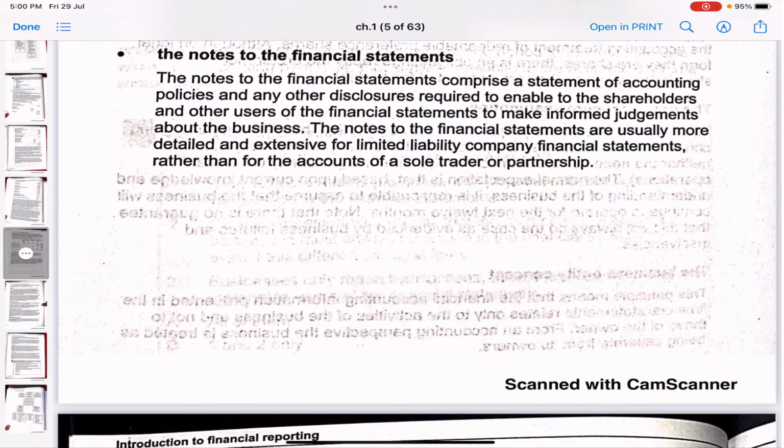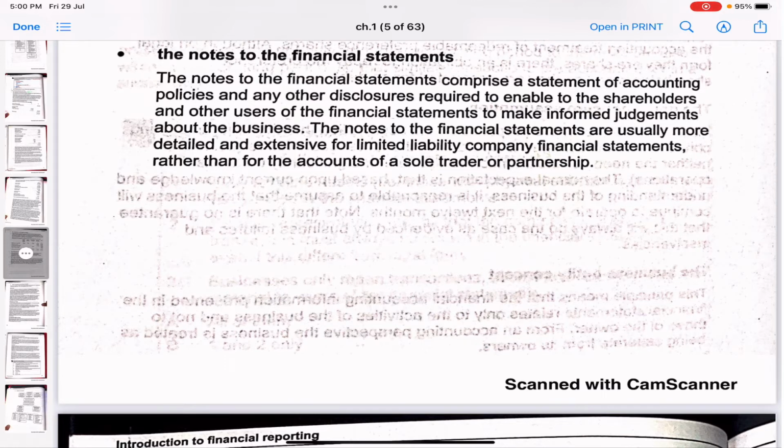Now we have the notes to financial statements. Whenever you make these financial statements, if you can recall, you make a note to accounts, right? You make another separate table or a column where you show the working of how you got a particular thing in the balance sheet. That account which you make to show how you got a particular thing is known as a note to the financial statements. The notes to the financial statements comprise a statement of accounting policies and other disclosures required